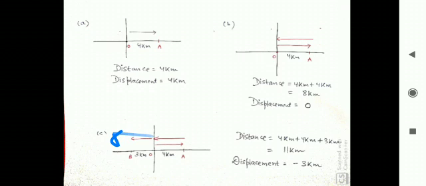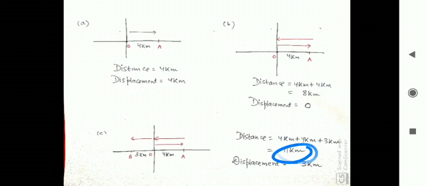Now see, in that case what is the distance and what is the displacement. So first find the distance traveled by the body. See the distance is what? Addition of all the path lengths. So how many path lengths are there? There are 3 path lengths: OA plus AO plus OB. OA is equal to 4 km, AO is again 4 km and then OB is 3 km. So it is 4 plus 4 plus 3. So total is 11 km.